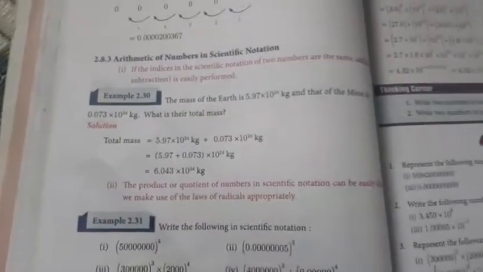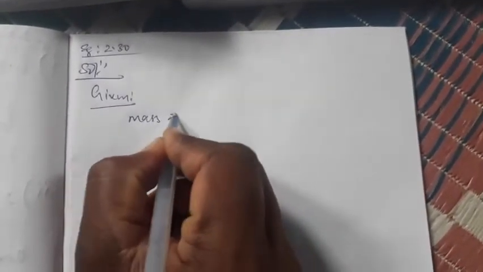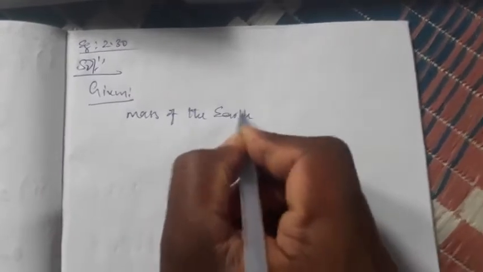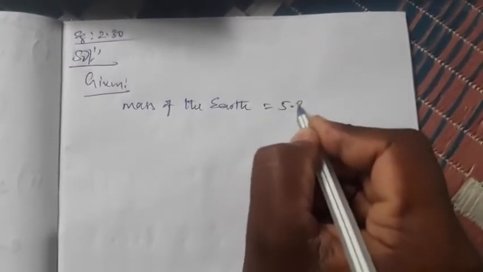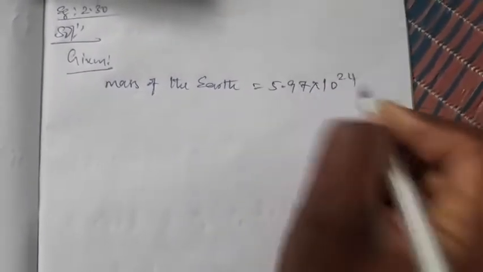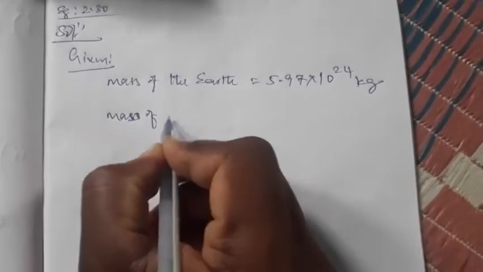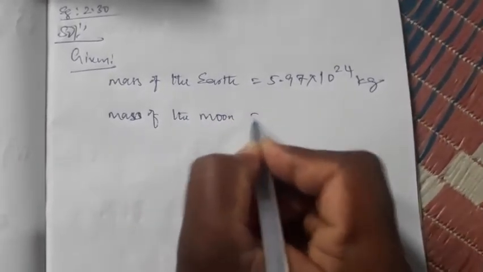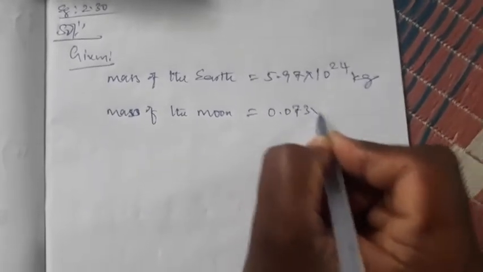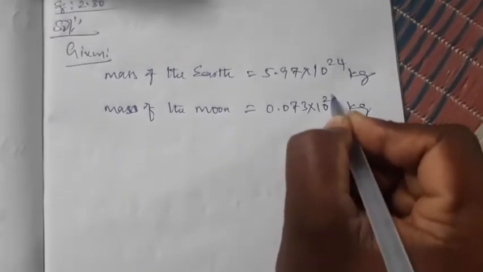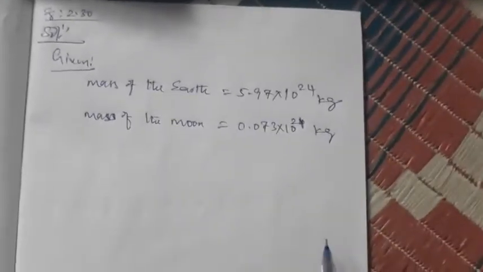So first take the solution. Given: the mass of the earth is 5.97 × 10 to the power 24 kg, and the mass of the moon is 0.073 × 10 to the power 24 kg. Both are 10 to the power 24 kg, so the power is common, therefore